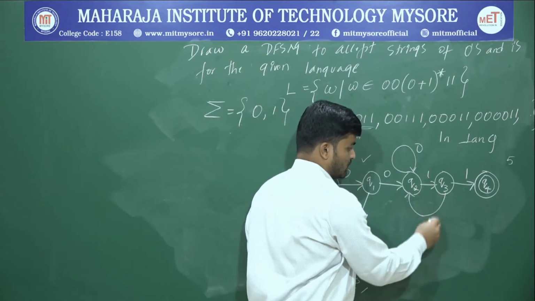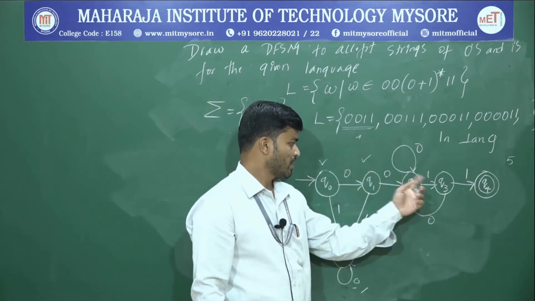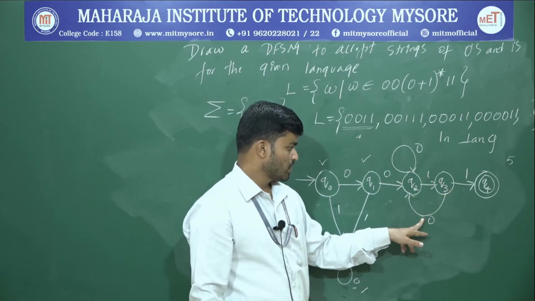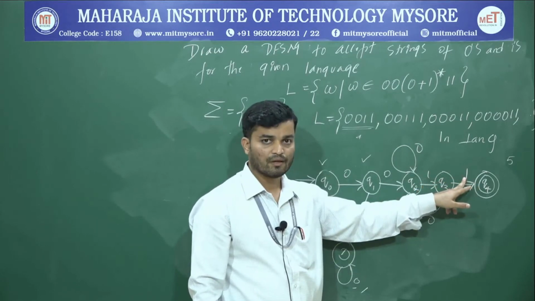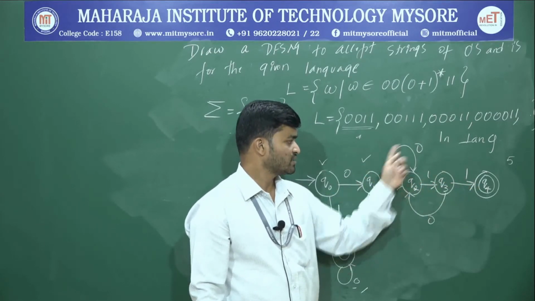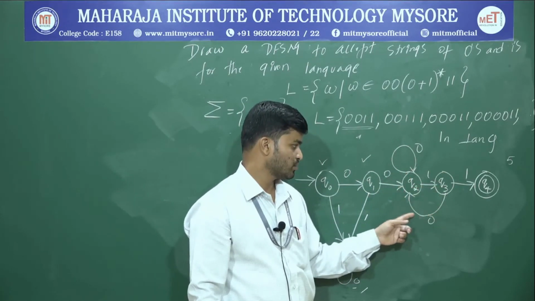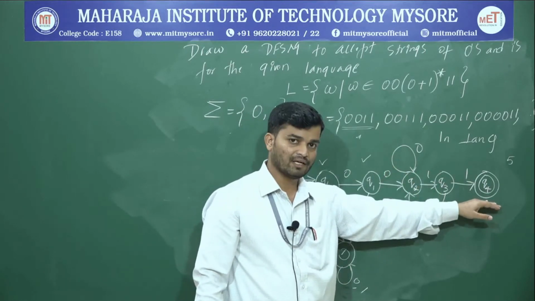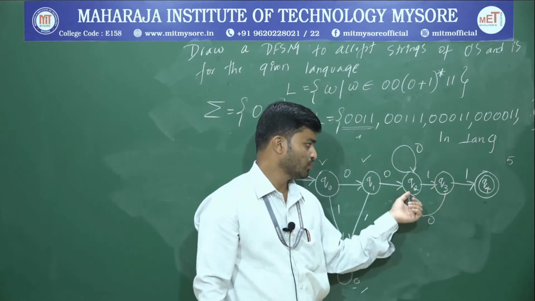Upon 0, two 0s, again some zeros, 1, again it will come back to 0. So before going to the final state, it will accept 1 1. Two 0s, some number of zeros, then 1. Suppose if I come over here with 0, then I can have 10 number of zeros. Before going to the accepting state, the final state, I will have 1 1. Therefore, connecting to Q2 is a valid option.